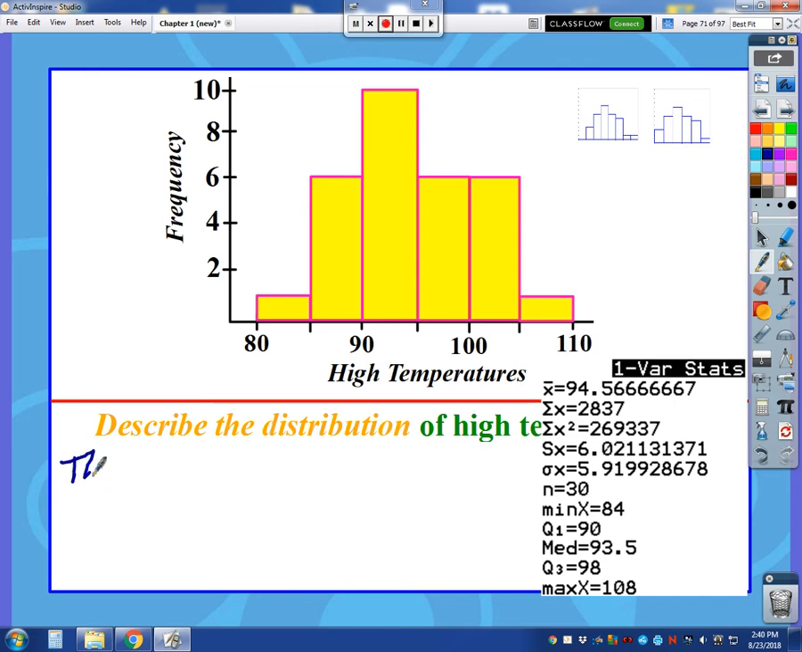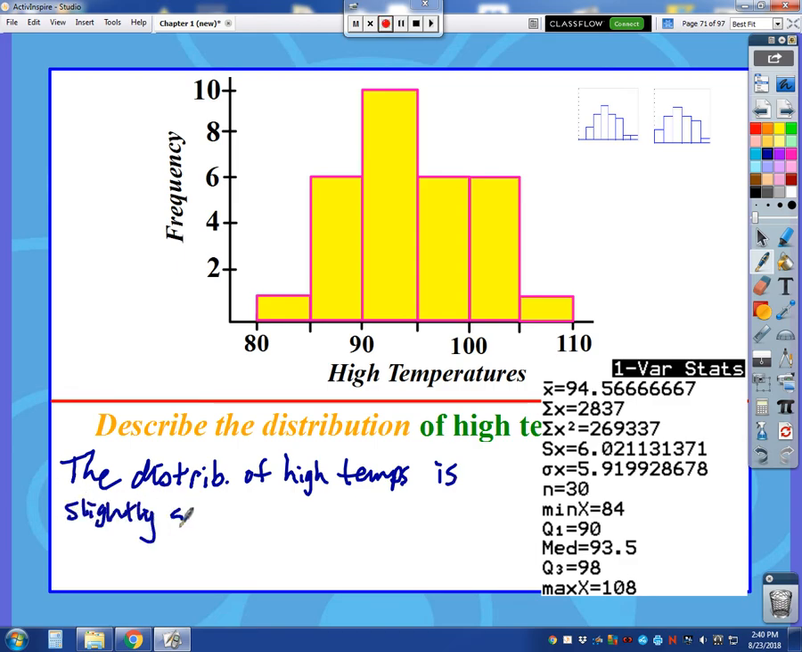So how would I describe it again? I'd say the distribution, and I'm going to abbreviate some stuff in here: DISTRIB for distribution. The distribution of high temps is, and then you get to decide, did you think it was roughly symmetric or slightly skewed right? I'm going to go with slightly skewed right. So, is slightly skewed right